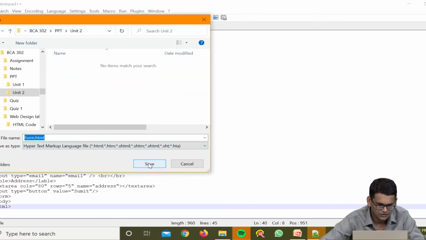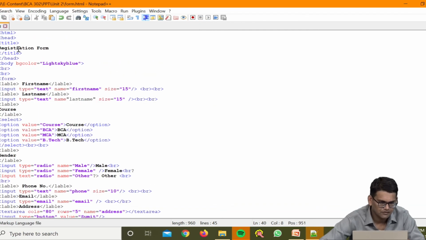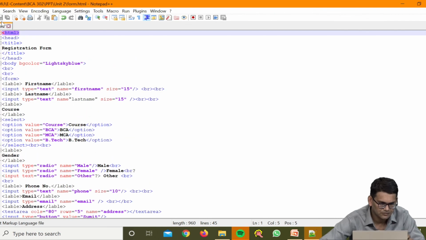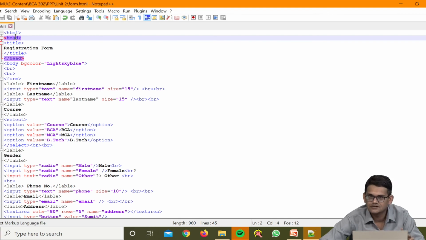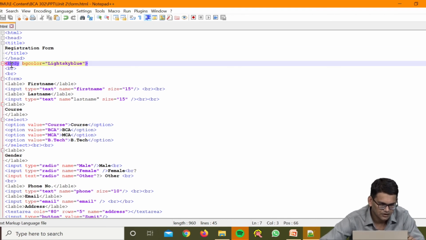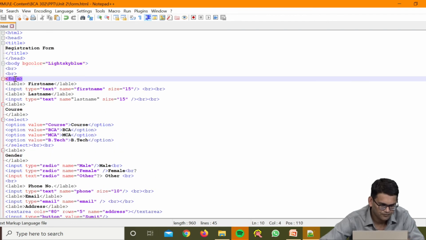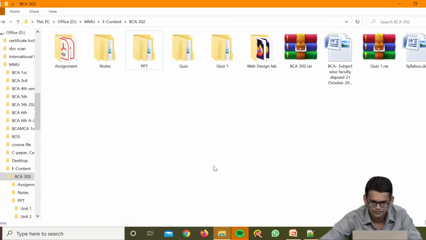Here I am saving this content, save. Now after saving, let us check whether all the tags are closed or not. HTML is closed. You can see it is highlighted; if the tag is closed it will be highlighted simultaneously. Then body is closed, and form is closed.